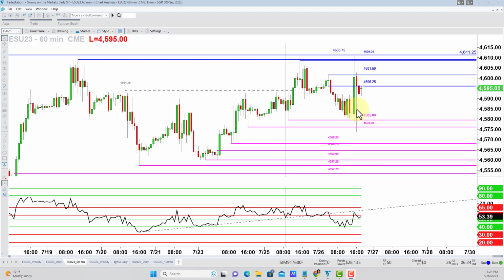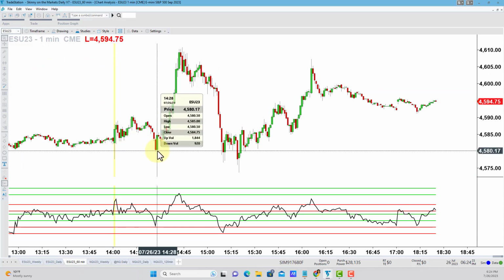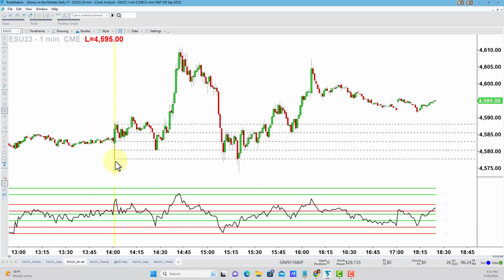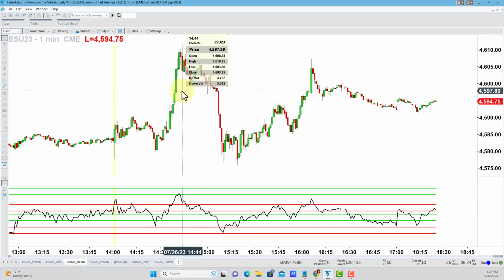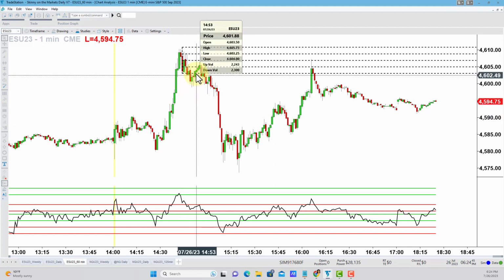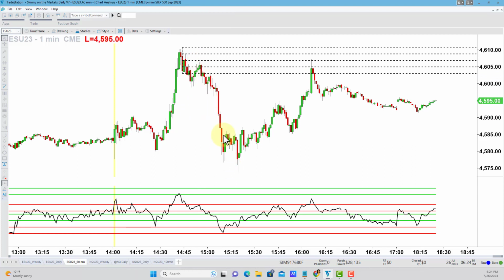All right. So here we go. 3-minute timer, I should say. So here is when the news came out, and then here's when Chair Powell's press conference started. So right off the bat, I see we have a GAN candlesticks nano level, and we can see that that held a key nano level with the RSI power zones, my favorite momentum indicator, holding the bear support power zone. We sailed higher from there and formed another outside range that provided resistance. It wasn't actually touched this time around, but we got a lower high on the chart that became the second drive down. So the drives I see in this move are here